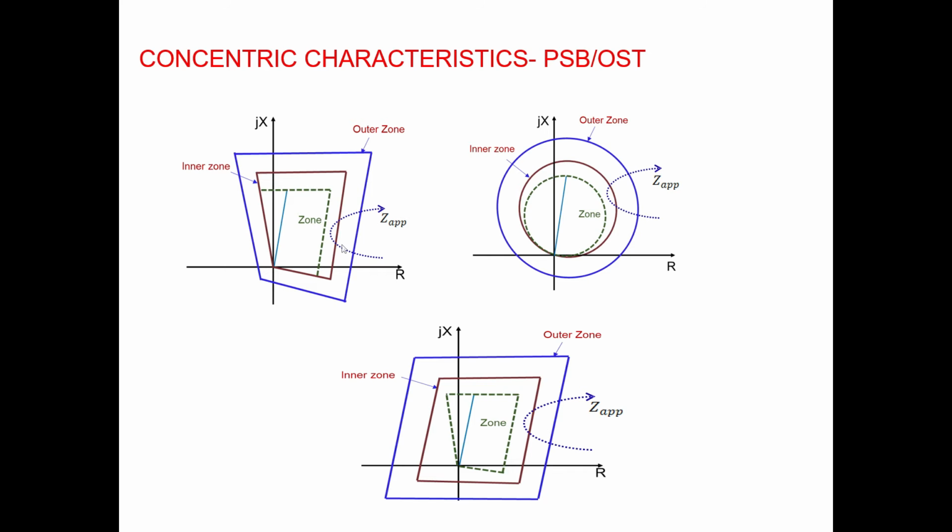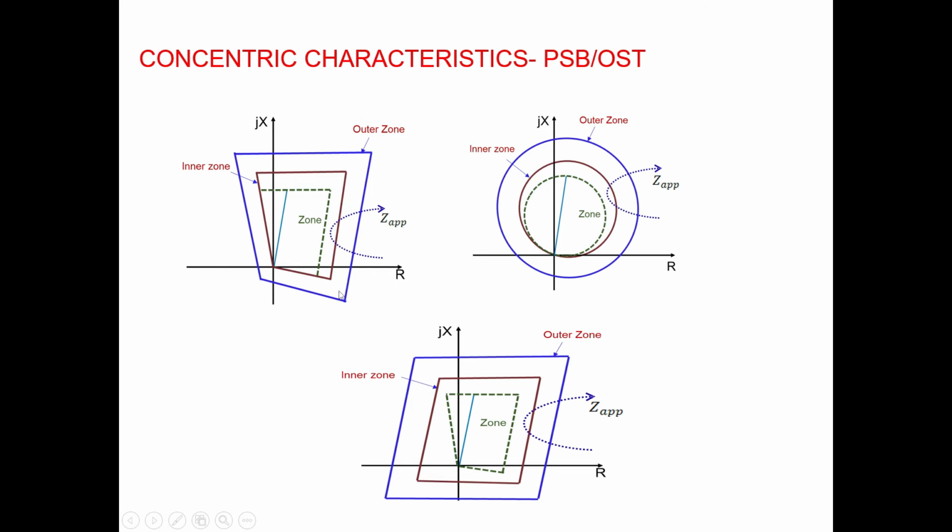But the major challenge in case of concentric characteristic is that if you see here, this is our inner characteristic. Suppose this inner characteristic is your zone 3, and you want to block your power swing for the zone 3. In case of zone 1 and zone 2, it is very easy because a concentric characteristic can be drawn for zone 2, similarly for zone 1 also. But the largest zone, if you can remember from the first session, is the zone 3. So your zone 3 is the largest zone, and now you want to draw an outer characteristic which is concentric to zone 3, and so it might happen that your outer characteristic resistive reach might reach inside your load encroachment